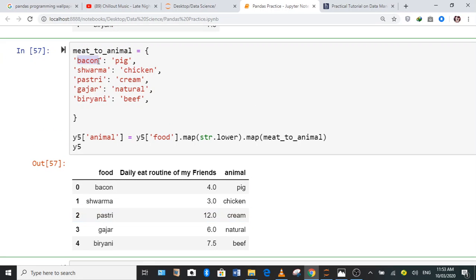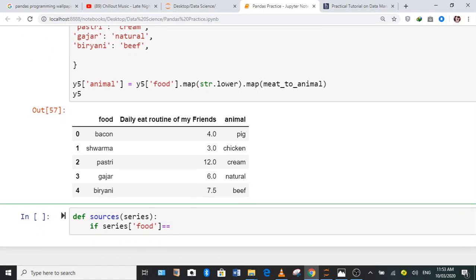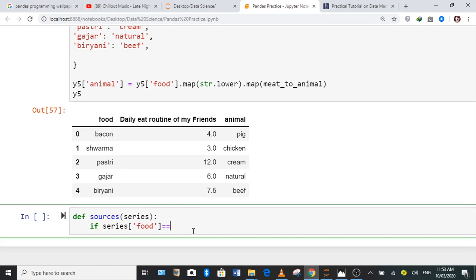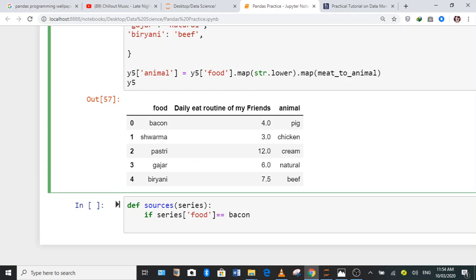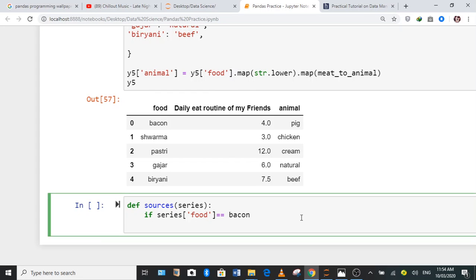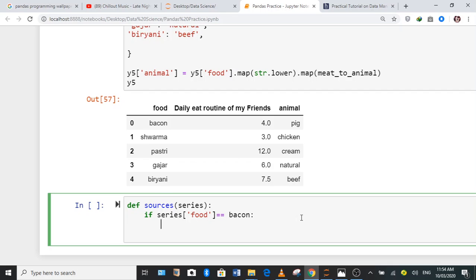I am just copy pasting because you all know that there is a spelling mistake, and spelling mistakes make this all worse. So what will it return? It will return